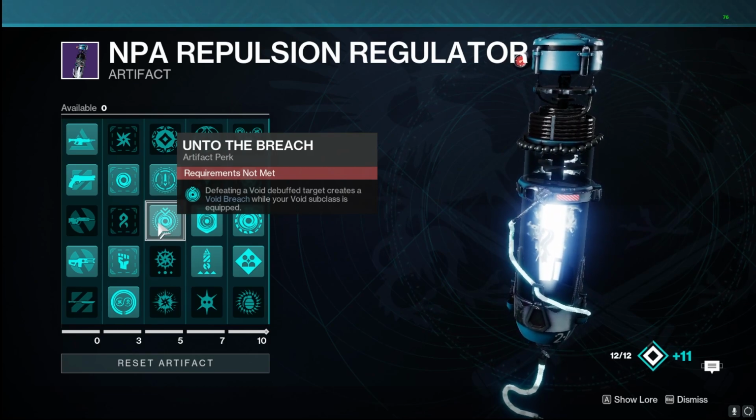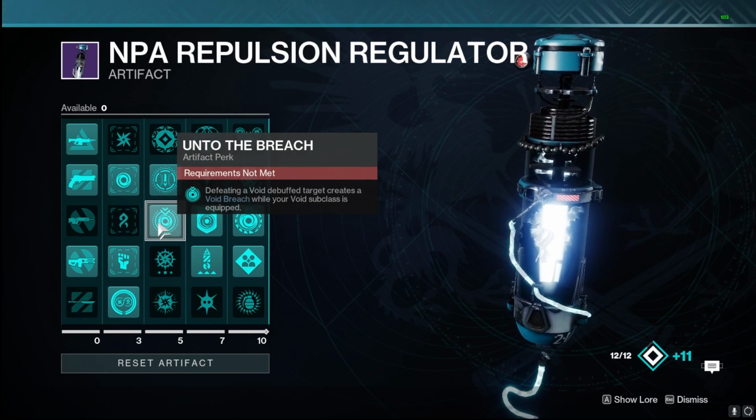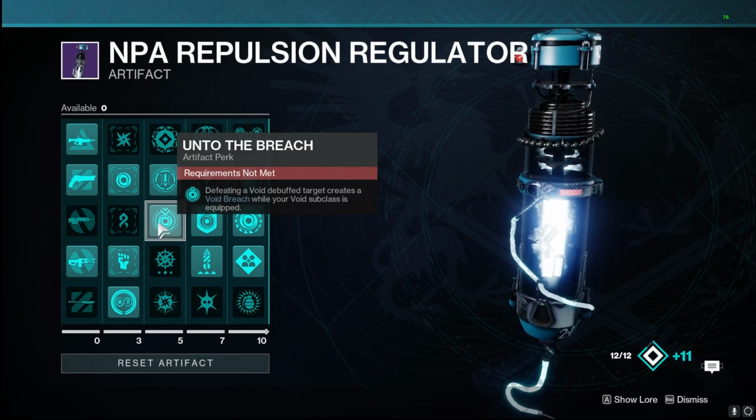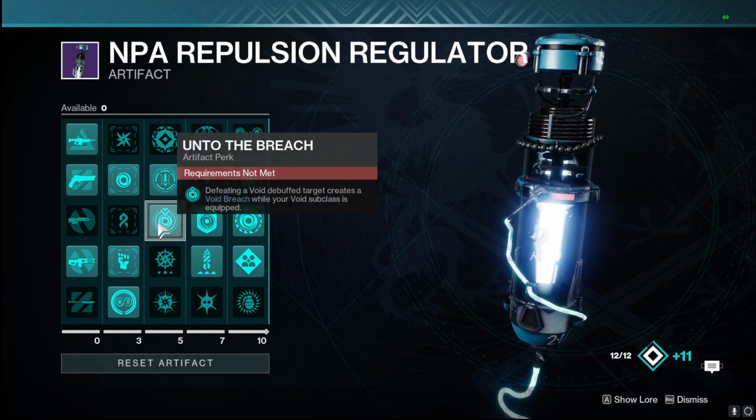this artifact, which is Unto the Breach. Defeating a Void debuffed target creates Void breaches while we have that Void subclass equipped, and since, like I said earlier, we're going to have Void debuffed targets everywhere with volatility and weakening, we're going to have Void breaches everywhere,